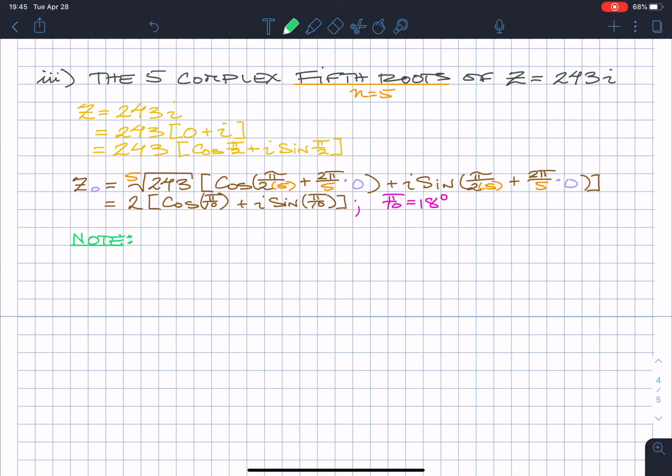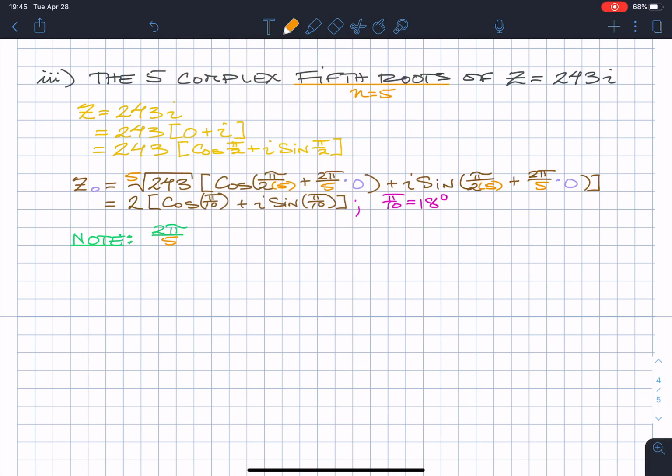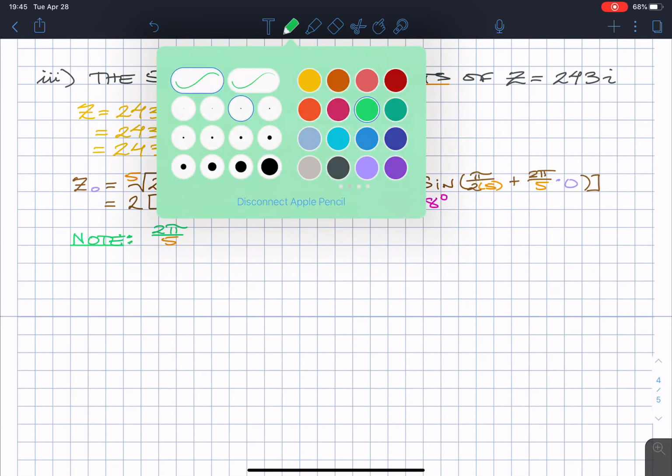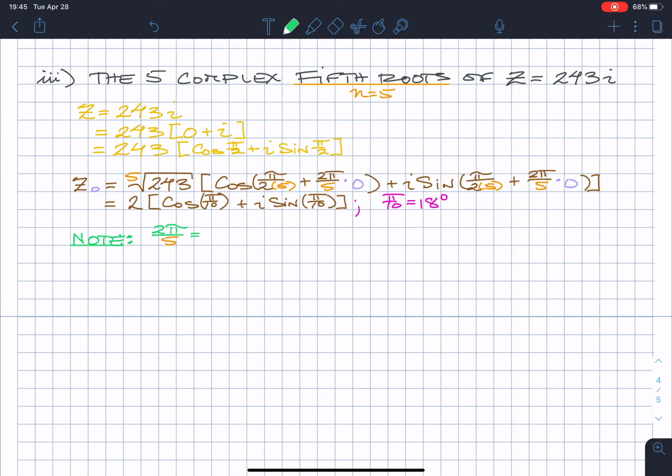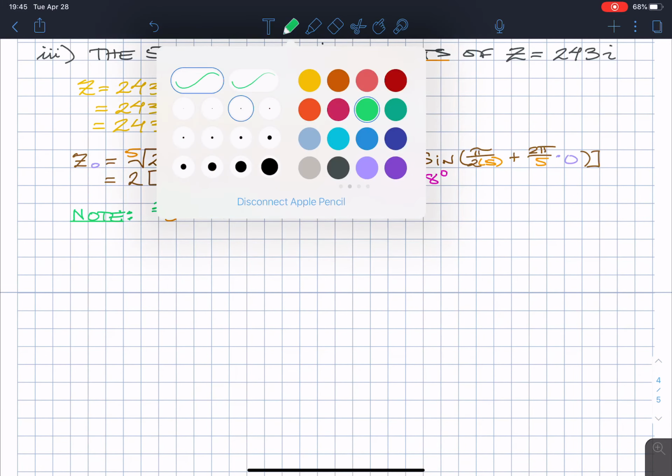So 2 pi divided by 5 is going to be 360 divided by 5, which is 72 degrees. So all I need to do is add 2 pi over 5, or 72 degrees, to each root. So hence,